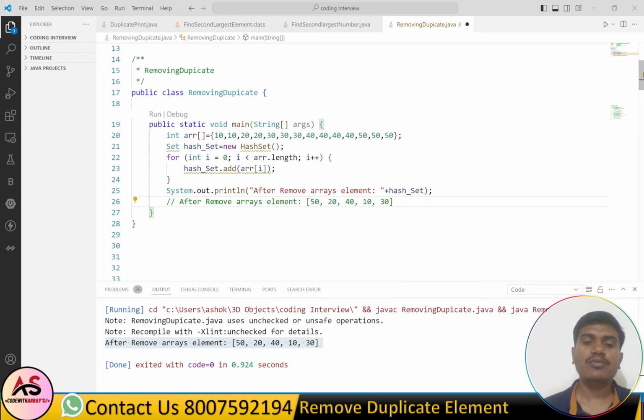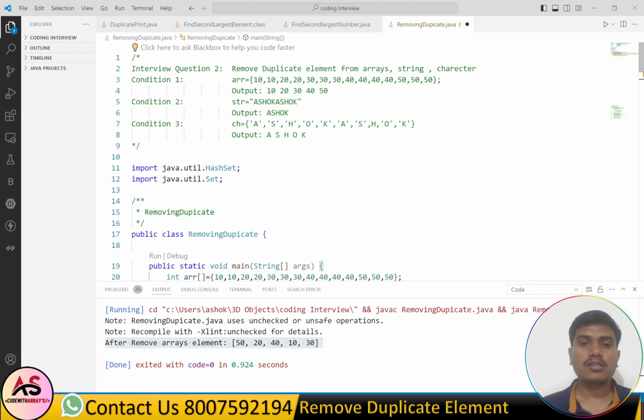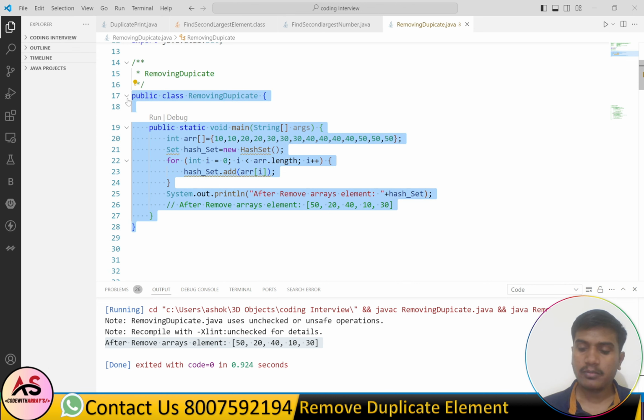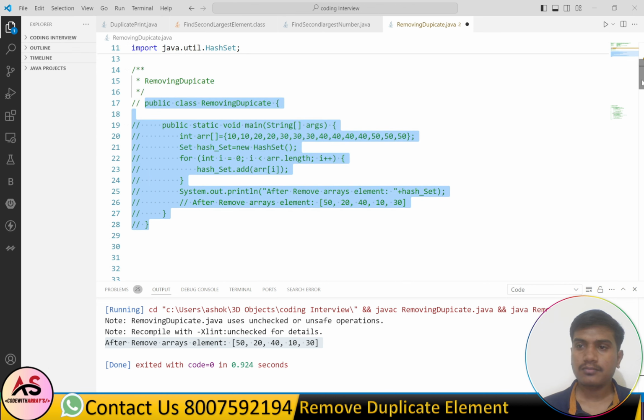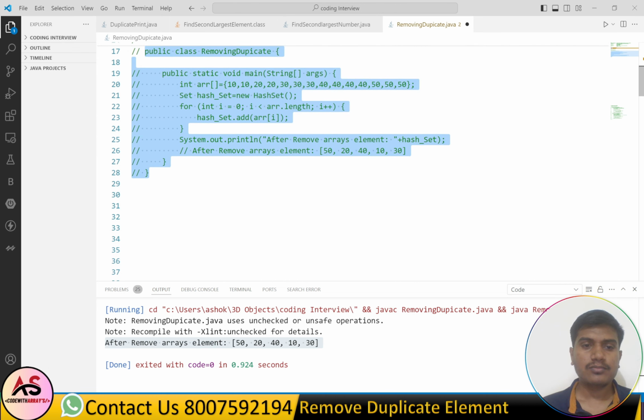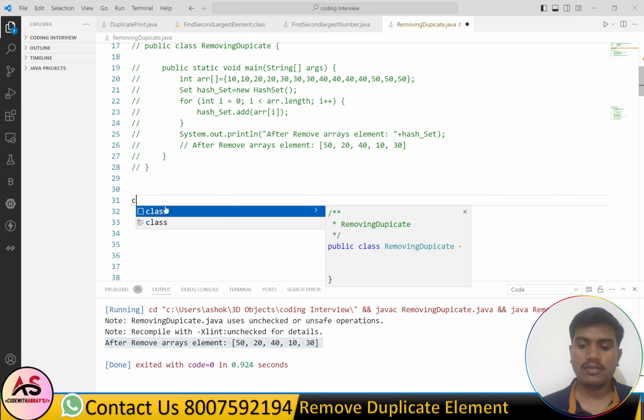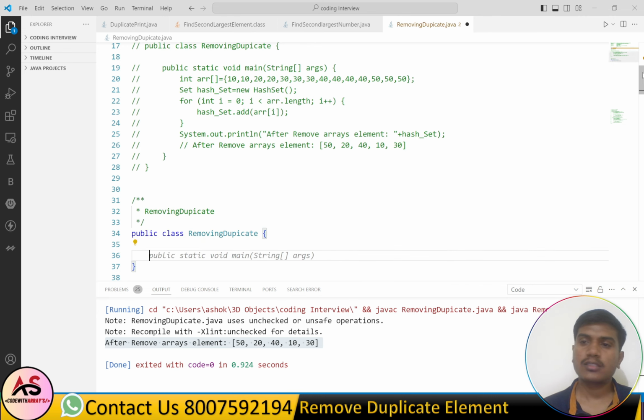Now we will solve the third condition, that is they given one character array, and for that we just simply first comment this code. Now okay, to solve the third condition we will define a class, that is RemoveDuplicates.